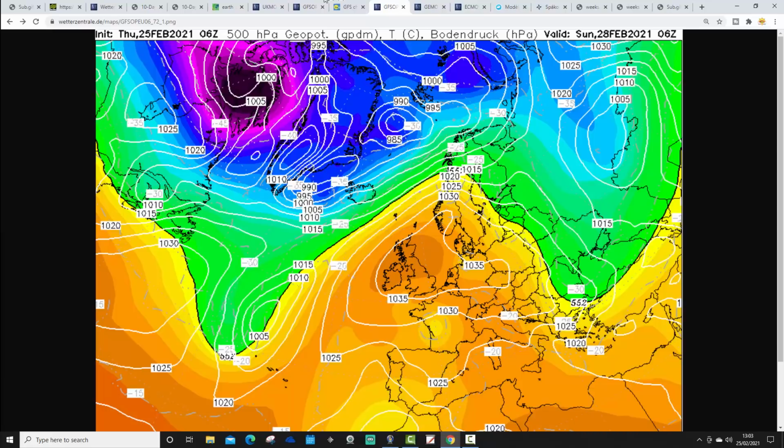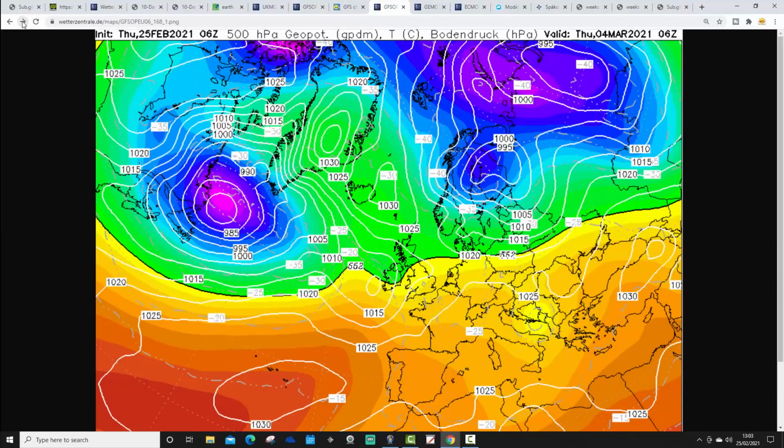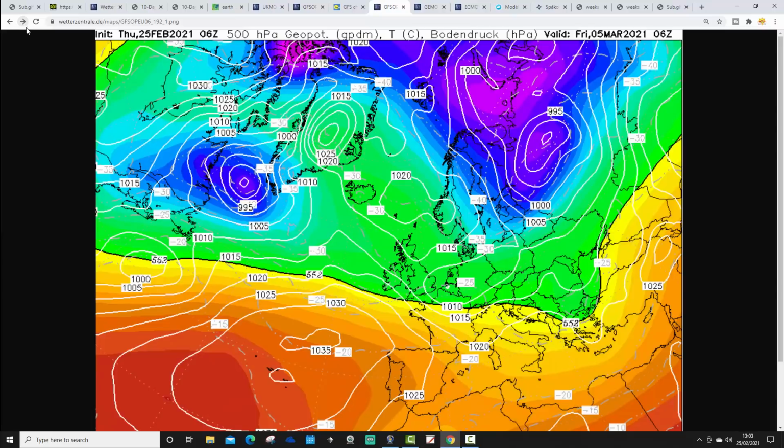Right, this is how the 6Z is looking again. Sunday will bring a lot of dry weather across the country, mainly high and dry, gradually turns more unsettled through the second half of next week. Now, the 6Z is really raising the heights to the northeast. Look at this. This is Friday next week, 5th of March, raising the heights to...